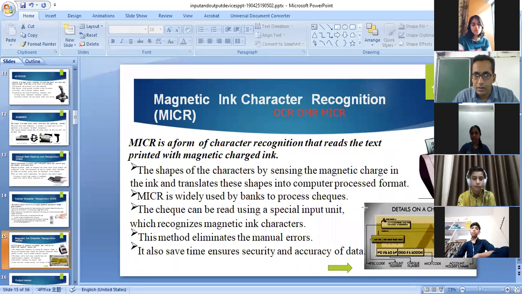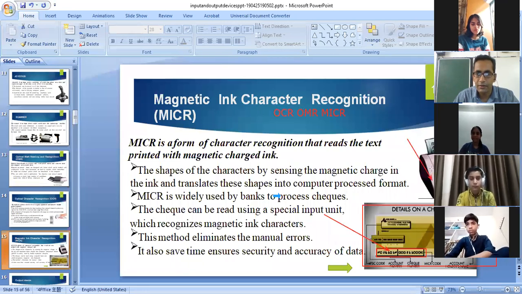You have seen this, this is a bank check. So in the bank check, there's a check number which is written in the magnetic ink. You have to follow my cursor wherever my cursor goes. This is a check number which is written in magnetic ink. And only this MICR can identify this. This is the machine which can identify that this is the original check or this is the false check.